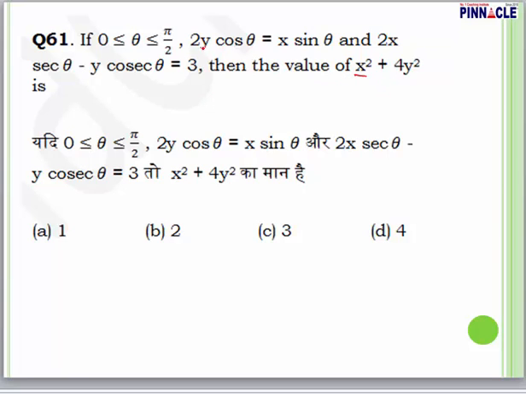How will you find the value? See, there will be two equations here. You can write 2y divided by x. You can also write like this, that is 2y divided by sin theta by cos theta. In other words, if sin theta is 2y, then cos theta would be x, and then the next equation is